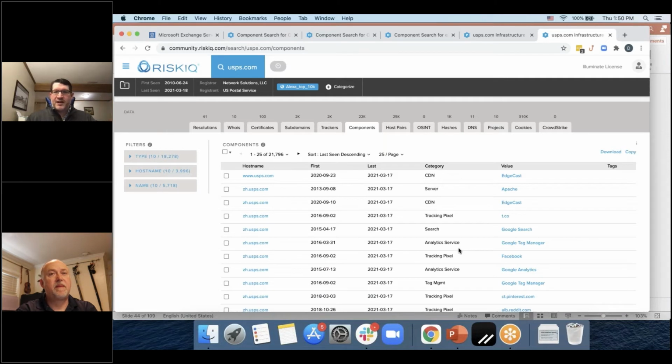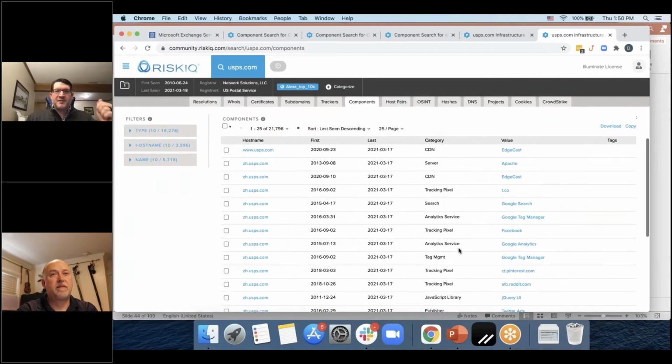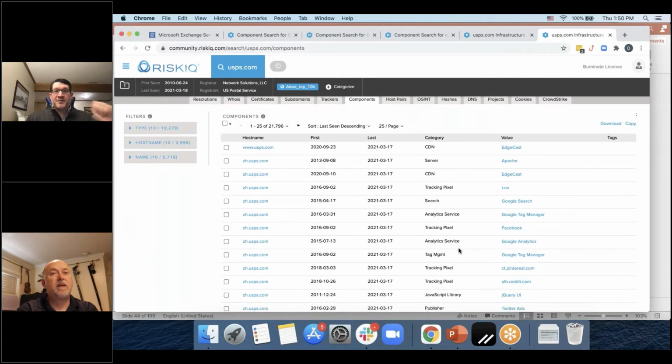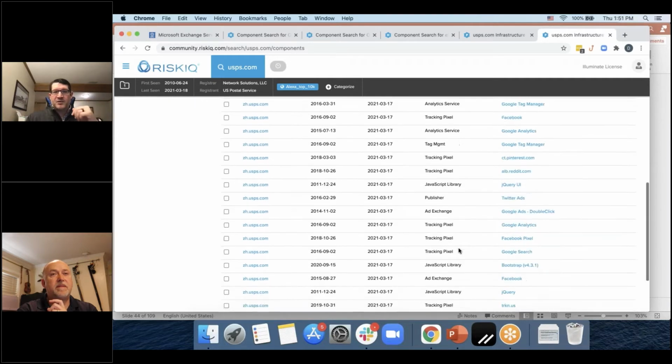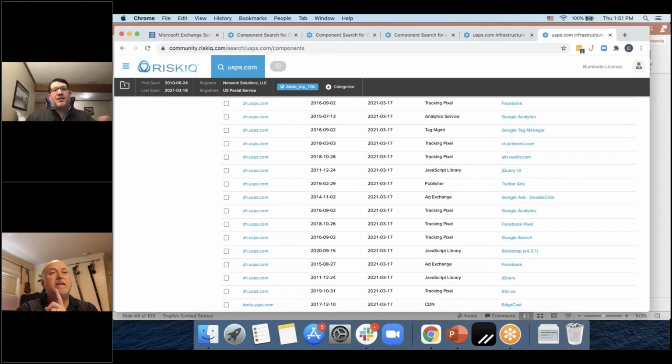You've got things like tracking pixels that are embedded on web pages. You've got the CDN content. You can see specific servers, sometimes the operating system. So I can see Apache's running. I may be able to see, just hypothetically, that Ubuntu is running. If they use Bootstrap to build the web page, you can see that. So you see the JavaScript. It's all going to be there.